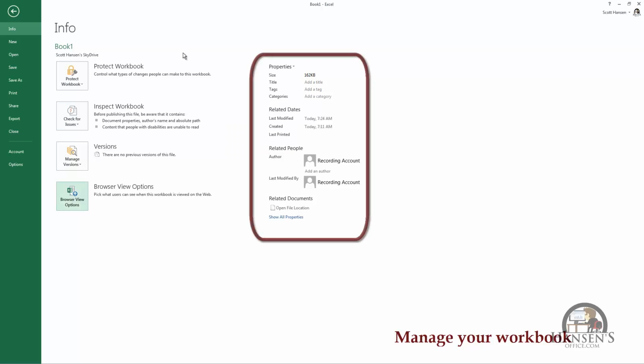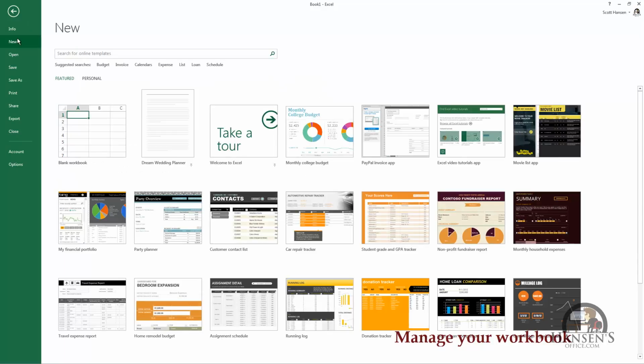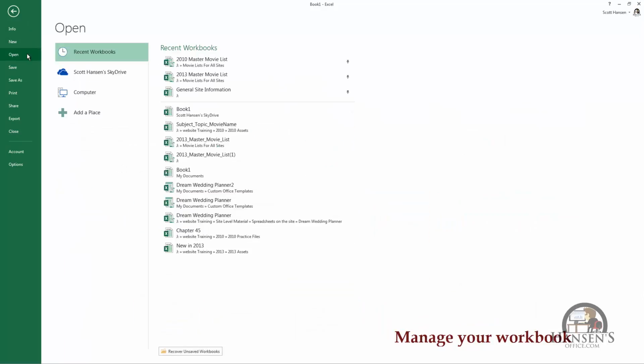There's information about the workbook, the properties, the last date modified, etc. You can open up a new workbook. That'll take you to the start screen. You can look at the recent workbooks and open up a workbook there, or click on computer and search for a workbook. So all of these things, save as, printing your worksheet, sharing your workbook, exporting your workbook, have to